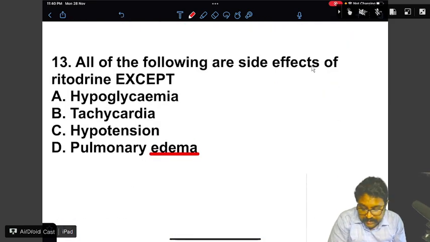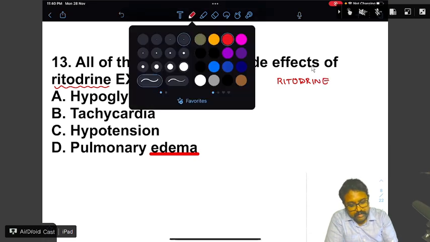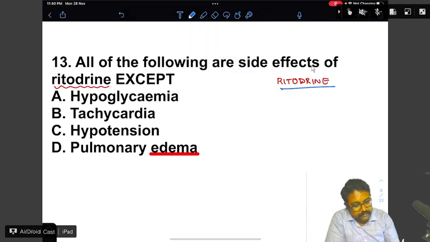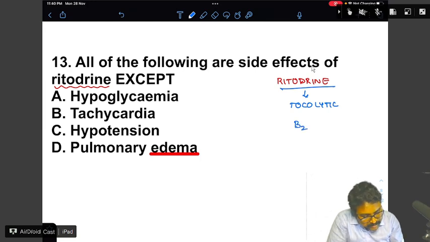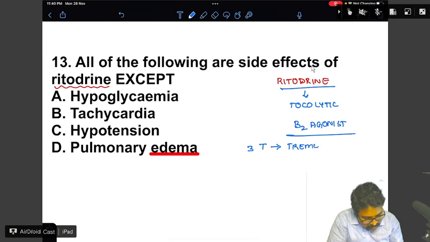Next, moving on to the next question, all of the following are side effects of ritodrine. Please remember, they are asking for the side effect of ritodrine. So what is ritodrine? Ritodrine is a tocolytic drug. It is basically a beta agonist. So what is the common feature of beta agonist side effects? It will cause three T's. One is the tremor,